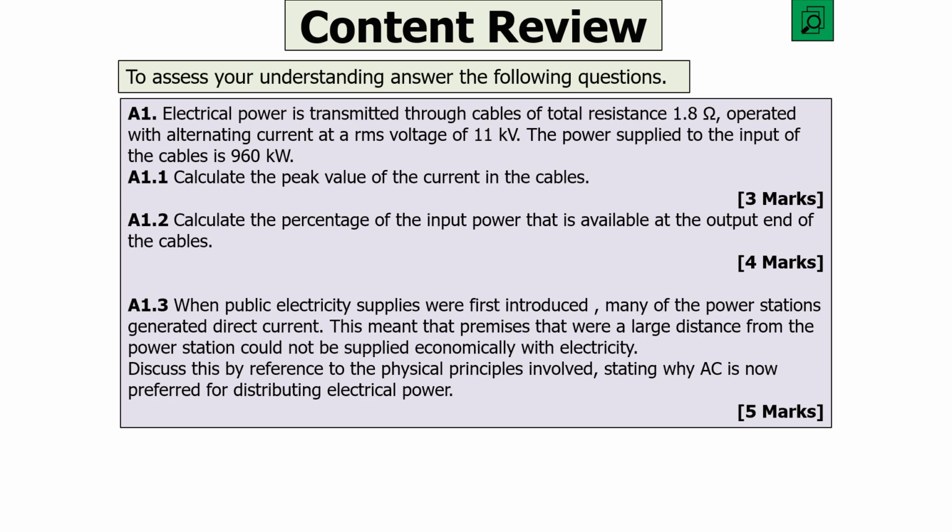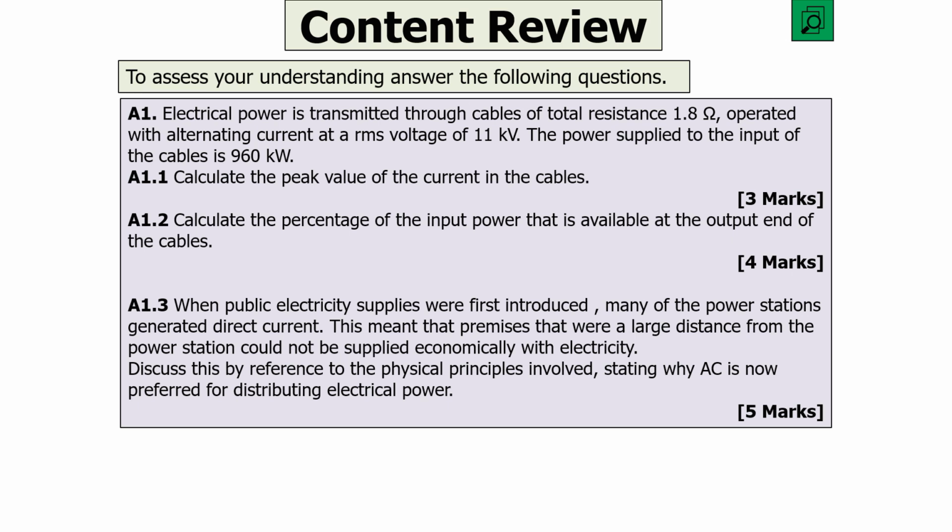The next question says, electrical power is transmitted through cables of total resistance 1.8 ohms, operated with an alternating current at a root mean square voltage of 11 kilovolts. The power supplied to the input of the cables is 960 kilowatts. Firstly, calculate the peak value of the current in the cables, calculate the percentage of the input power that's available